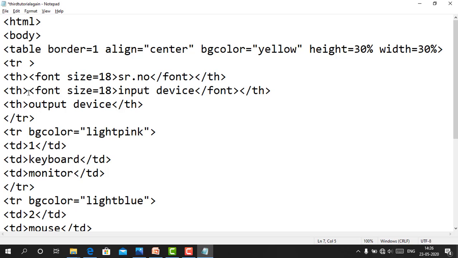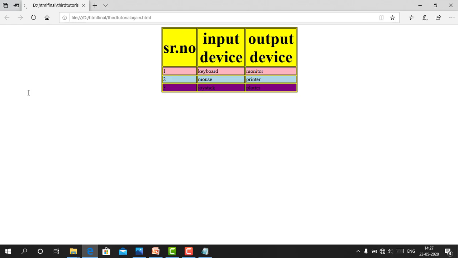So font tag close, font tag and font size equals to 18. You can change the style also, face value also. Okay, designing is up to you. Okay.